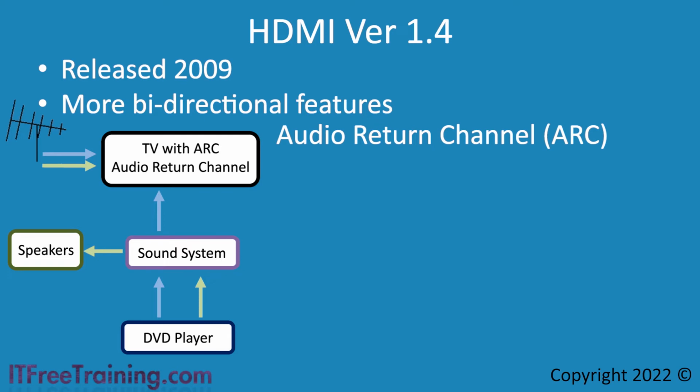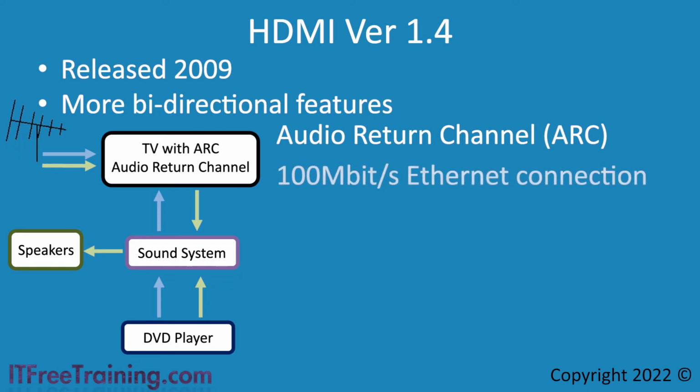To get around this, HDMI 1.4 has the Audio Return Channel, which essentially allows the audio to be transferred, as the name suggests, in the reverse direction to that which the signal would normally be transferred. This allows the sound system to get the audio rather than using an additional cable or having to install additional devices. This is a big advantage because it means less cabling when you start setting up multiple devices together.